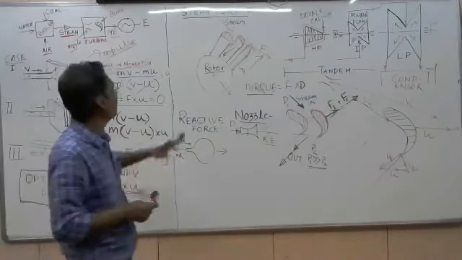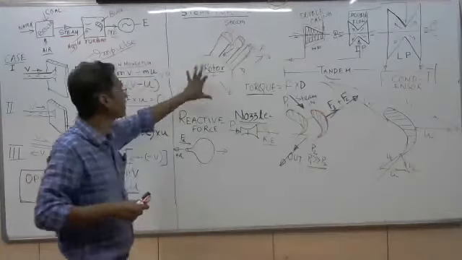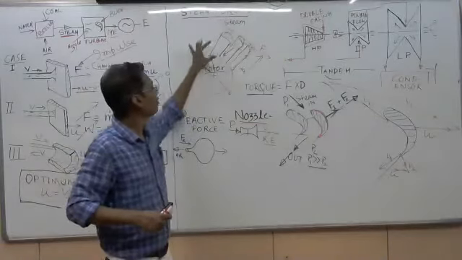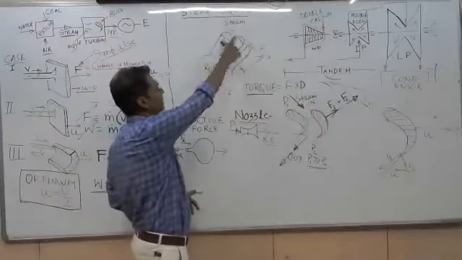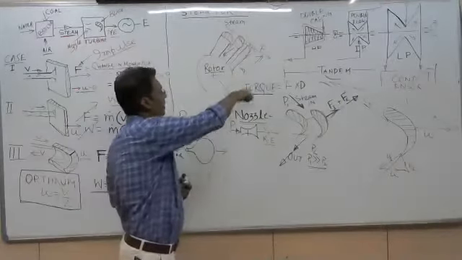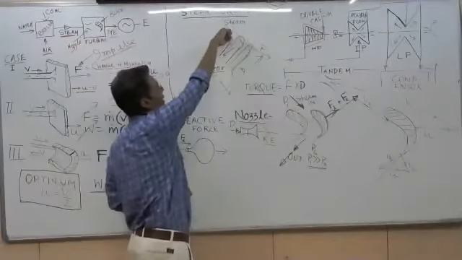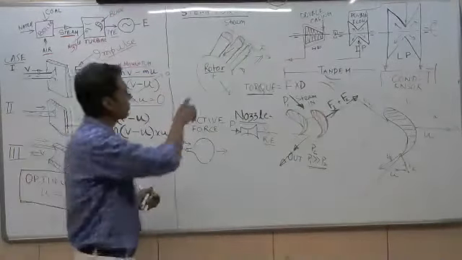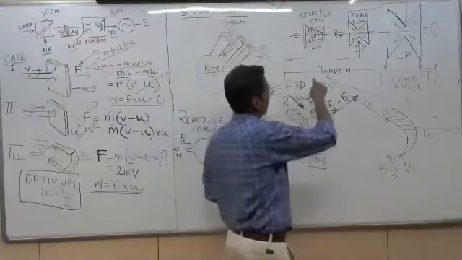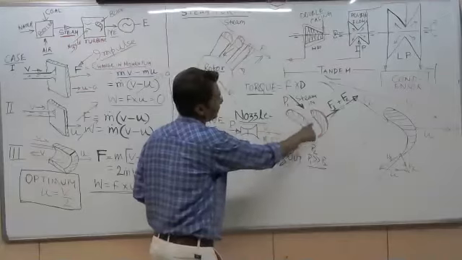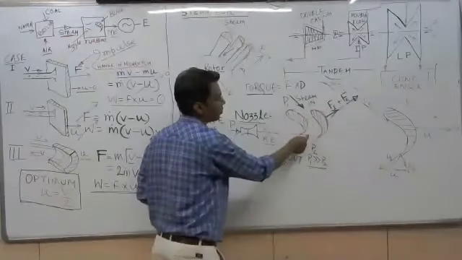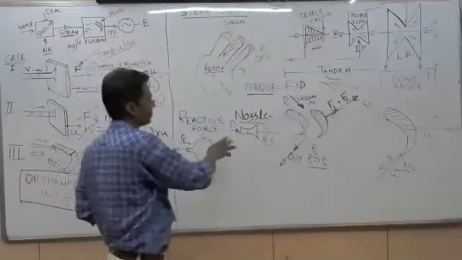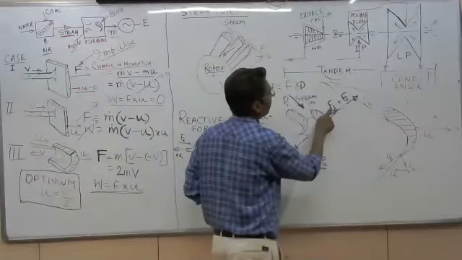Now let me discuss how the turbine is actually oriented. Suppose this is a rotor. Around the periphery, blades are mounted like this. So these are the blades. Throughout the periphery, blades are mounted. So steam is coming in from one side and going out from the other side. That means there is a change in velocity. So the force is here. Steam is going in, coming out between two blades, the passage in between two blades, and the impulse force is in this direction due to change in momentum. I said it. The force is here. That is F1, the impulse force.